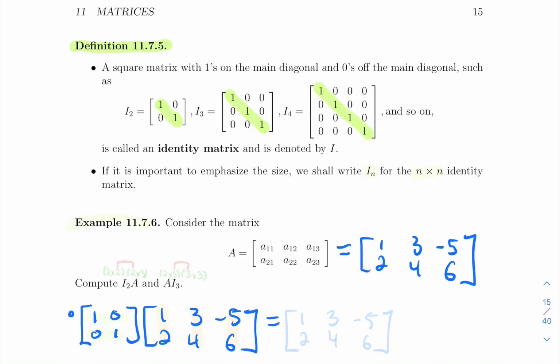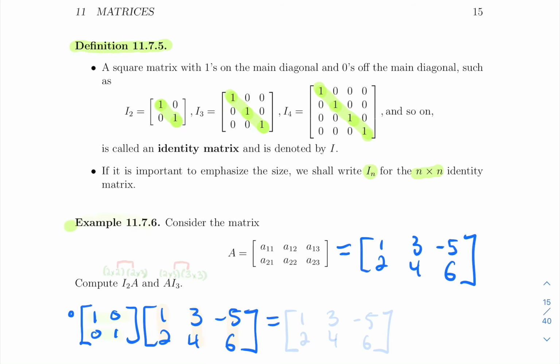So, for example, the identity matrix of dimension 2, the I2 matrix, is just 1, 0, 0, 1. The I3 is 1, 0, 0, 0, 1, 0, and 0, 0, 1, and so on. We use In for the n by n identity matrix. So square matrices filled with 0s except along the diagonal where we have 1s. And they will really play the role of regular ones. Like, for example,